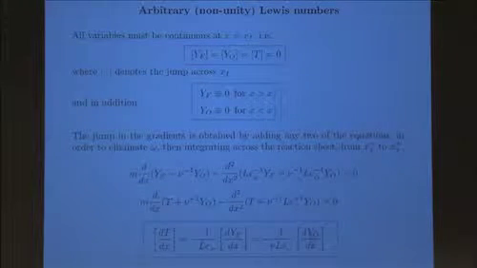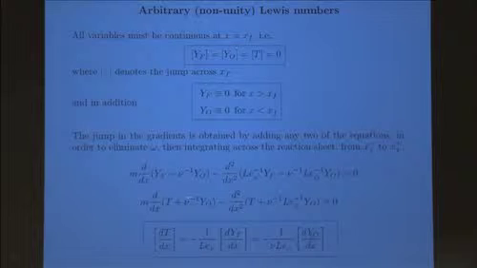The same thing I can do if I use a different combination, which is the temperature plus YO. If I again integrate across the sheet, I get that the flux in energy, or the temperature, is related to the YO, but of course also related to the YF. So this is another relation that I can derive, and it turns out that that's all I need. It's sufficient. In other words, unlike in the premixed case where I also needed to obtain